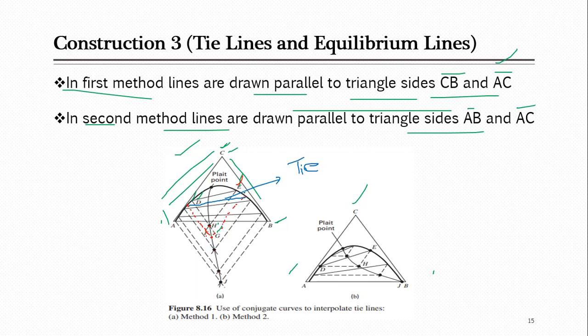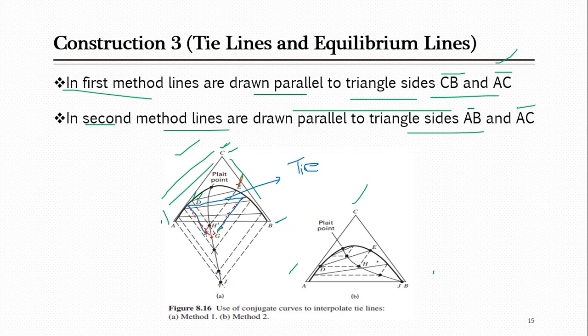I will draw lines back from this curve to the equilibrium curve. One will be parallel to AC, and one will be parallel to CB, as we have done already while we were looking for this curve. When you have located those points on the curve, just join them and you will get this tie line. This is one method.